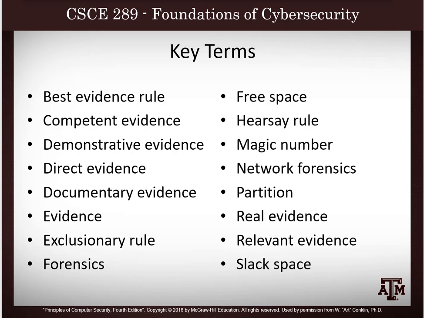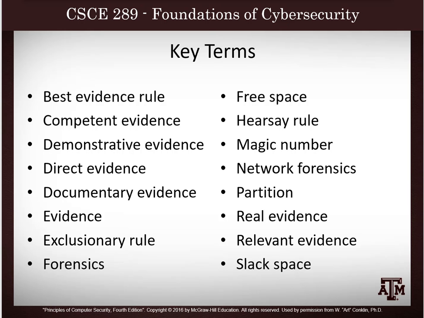The exclusionary rule. I don't like this definition because it's basically the Fourth Amendment. It precludes illegal search and seizure. If you were in my law and policy class this summer, two, three, maybe four weeks ago now, the Supreme Court ruled on Carpenter and changed the Fourth Amendment. I immediately updated my lecture. I was anticipating the court's decision, I just didn't know how narrow it would be, but it basically affects Fourth Amendment rights on your cell phone. And it's just a little crack in the door on privacy, but all those little cracks in the door are important.